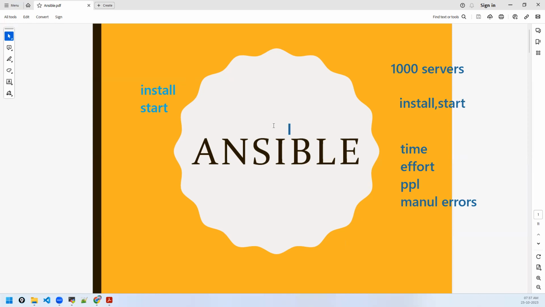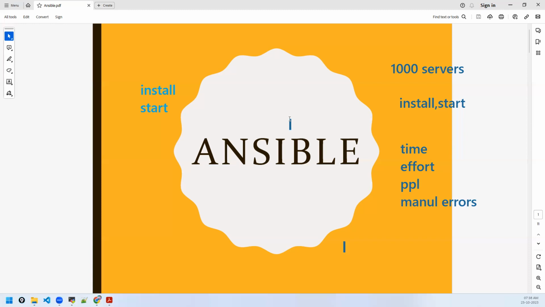So that's where the configuration management tool called Ansible comes in. To do mass configurations, where you have huge infrastructure, you want to install something there, configure something, create a user on all these servers, all of them can be automated with Ansible, right? Also mass deployments, like let's say you want to deploy a war file on a server. We did it in our Linux class manually, right? Even that can be done.